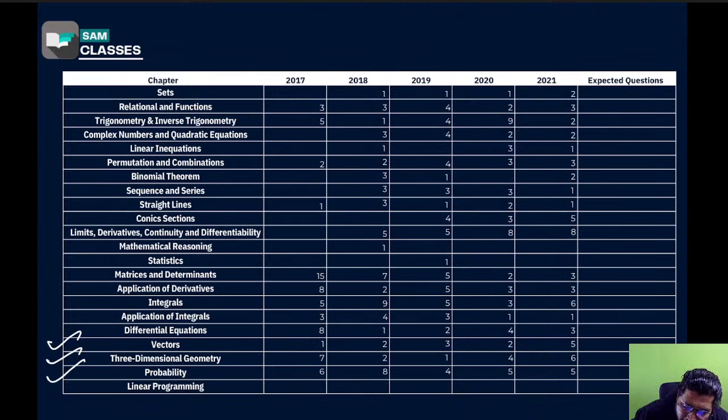Now if you see, permutation and combination plays a good role: 4, 3, 3. So among 11 topics, this is good. Very simple also, and good. BT, if you want for the timing, you can skip. It comes sometimes, sometimes it doesn't also.